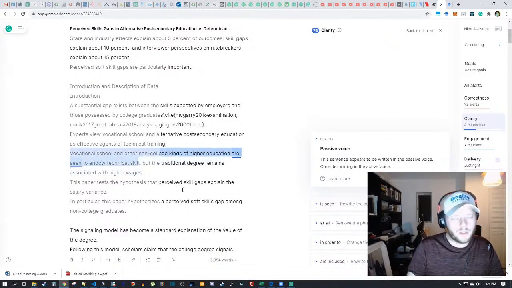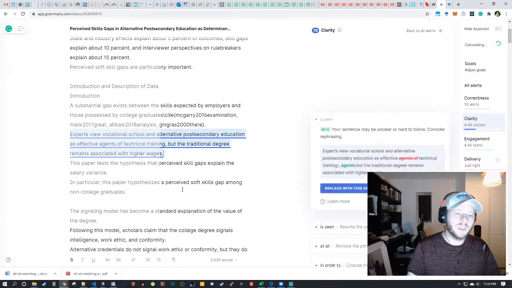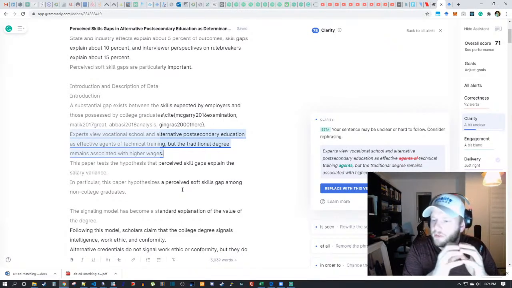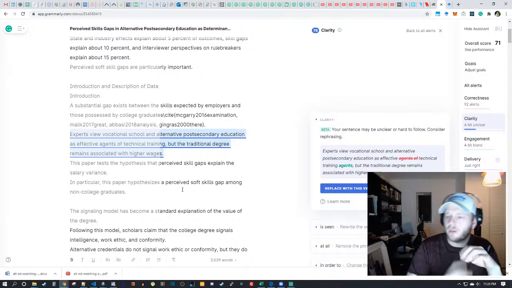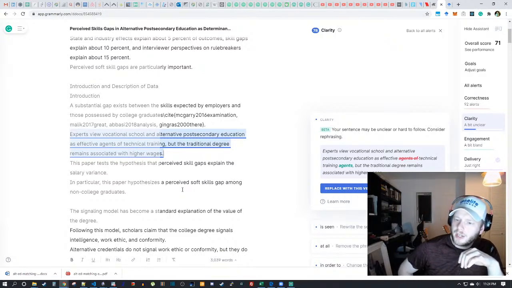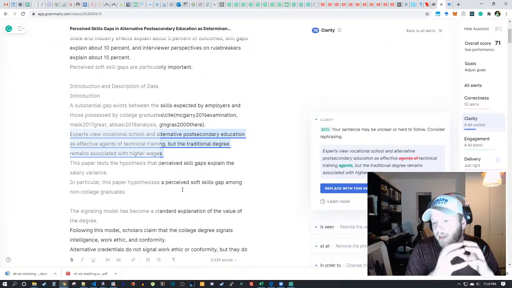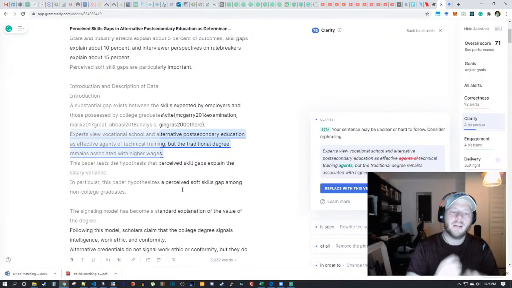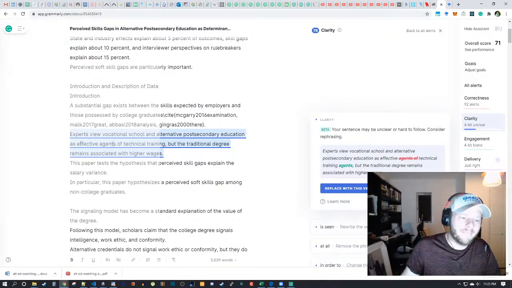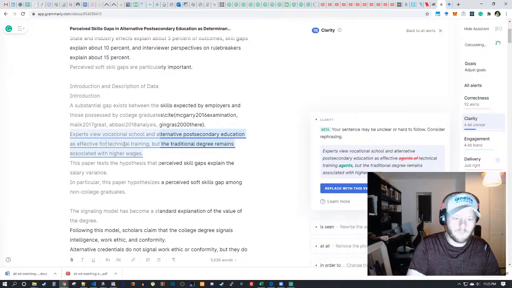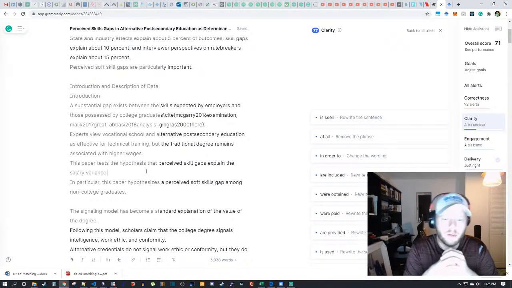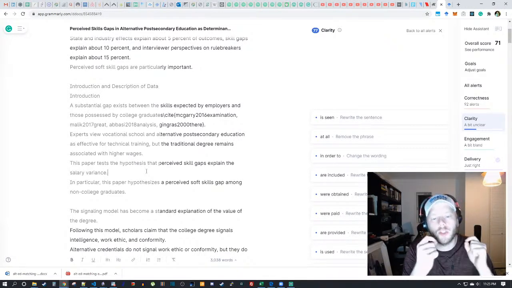But the college degree remains associated with higher wages. Great. Okay, you already hate my sentence. Great, thanks. Experts view, okay, consider rephrasing. Experts view vocational school and alternative post-secondary education as effective technical training agents. Maybe I can just say effective for. Okay. Experts view vocational school and alternative post-secondary education as effective for technical training, but the traditional degree remains associated